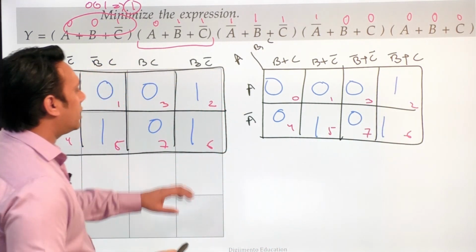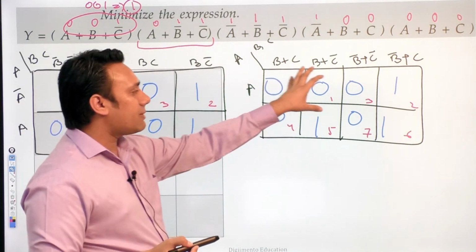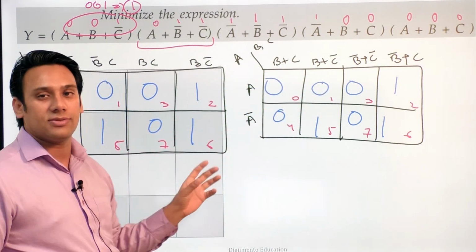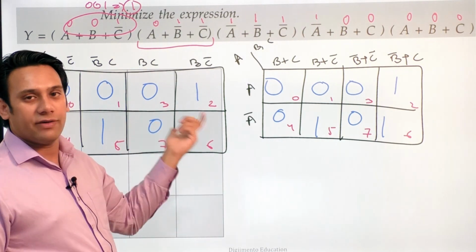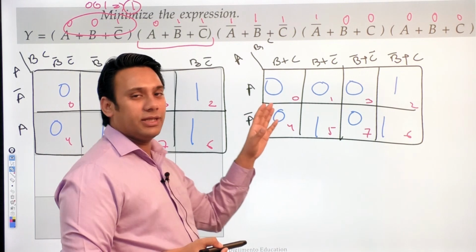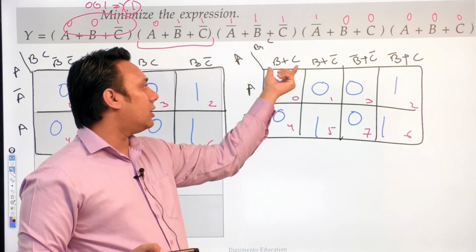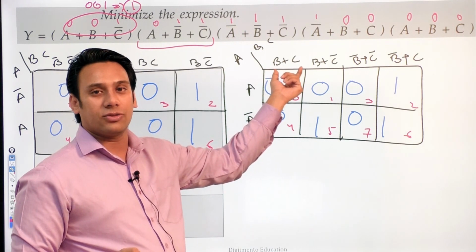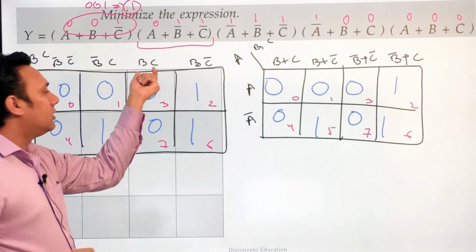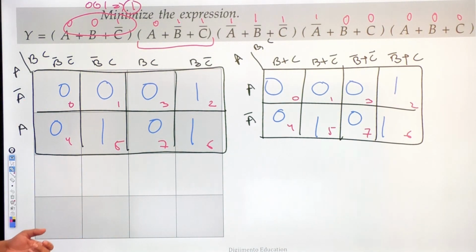So even if you are trying to draw the K-map in this way, or even if you are trying to draw the K-map in this way, both the things are same. So I'm showing you two different K-maps here, because I wanted to show you that you can use even this kind of terminology. You can number, or you can give naming to the cell in this way, or you can also use this manner. You can use it in any way you want.